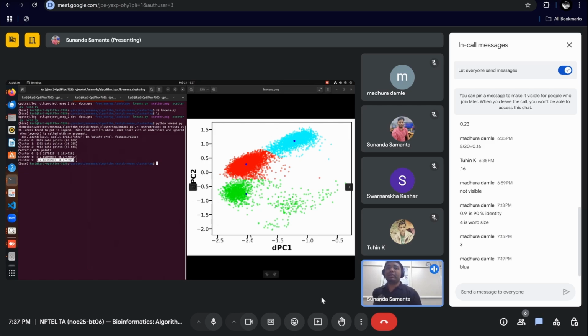So minus 2.02 is somewhere here, right? And then 0.27 is here. So basically, this orange cluster is the most prominent cluster, which has the highest number of population among these 3, right? So if we extract a representative structure from this cluster based on these values, you'll get the most probable